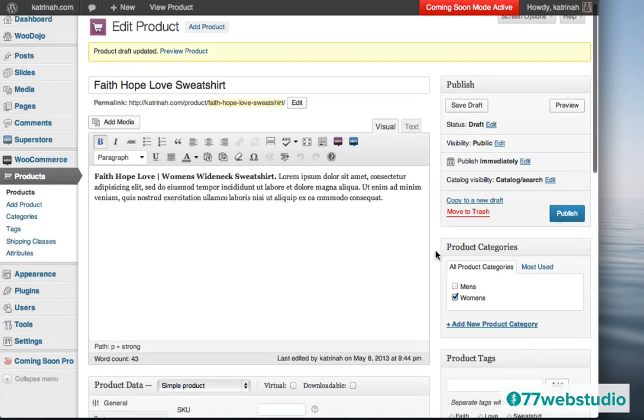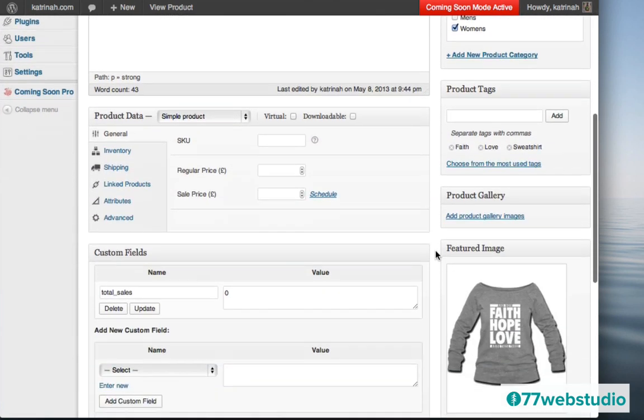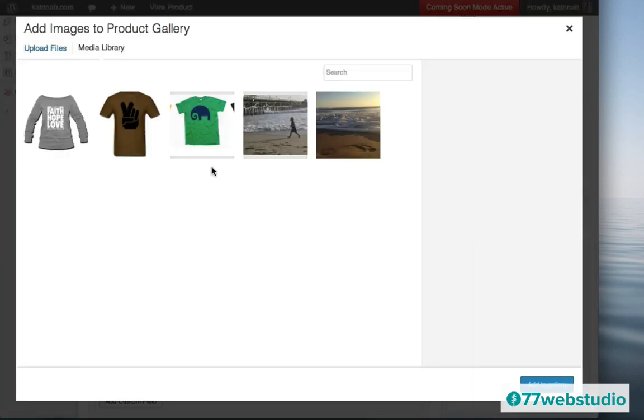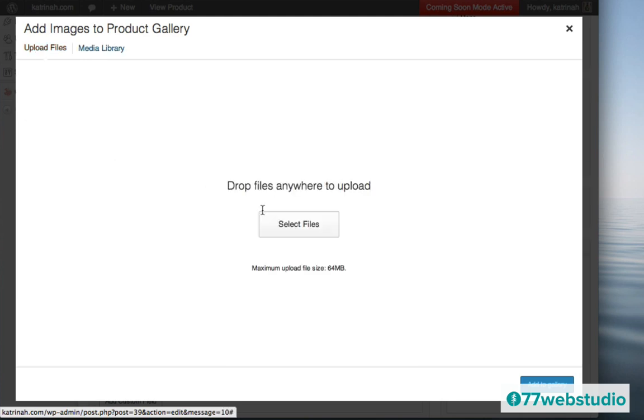So just scrolling down, let's take a look at the other things we need to add to this product settings page. So here we notice that we have a product gallery. So a new thing I want to show you is how to create a gallery of images on your product page. So to do that, I'm going to click on this link that says Add Product Gallery. Then I want to click on Upload Files to upload some files.